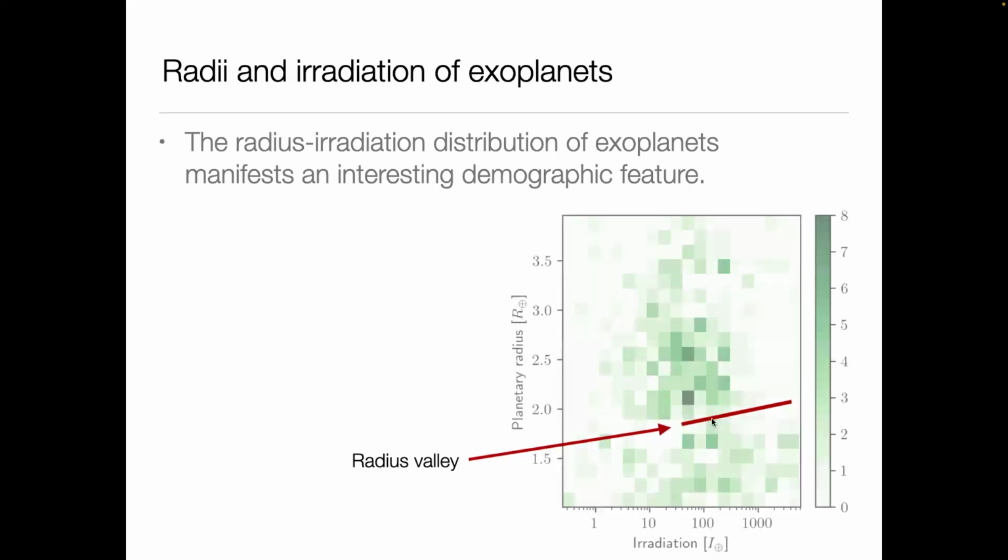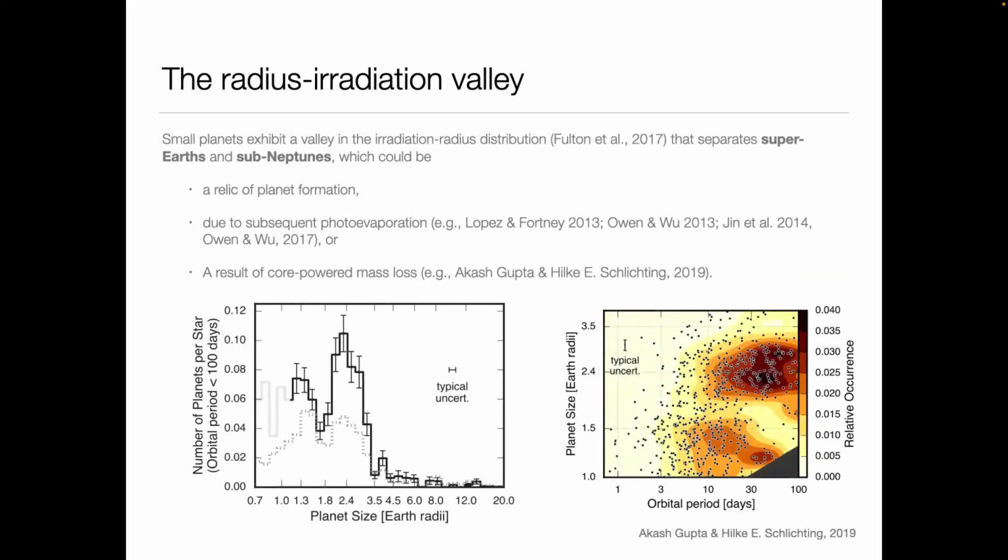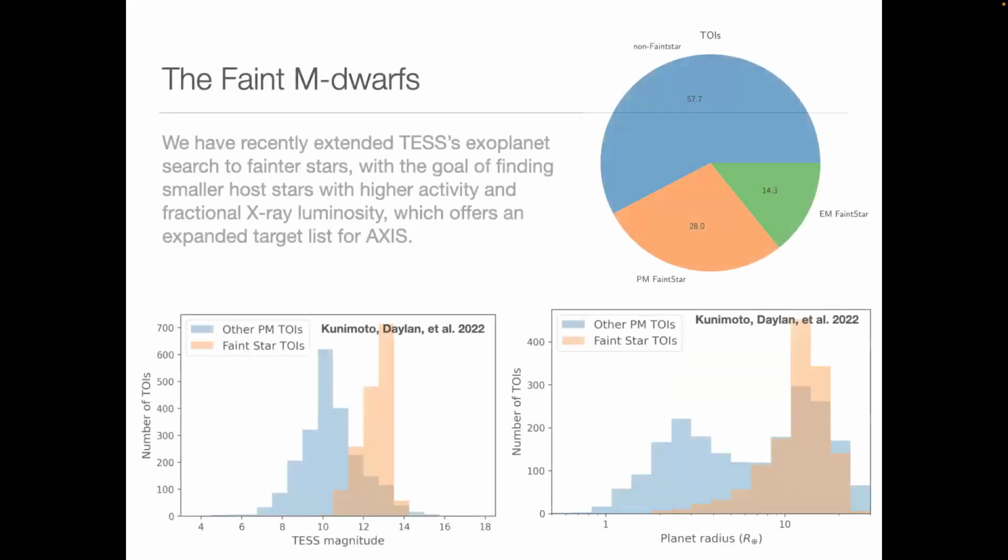Trying to make sense out of this radius valley, how and why that's produced, is a very important scientific objective of the field at this point. There are many telescopes being produced, many scientific collaborations generated because of this problem. And I really won't go into the physics of this, but we have models that can actually produce this, but I will skip it for this audience.